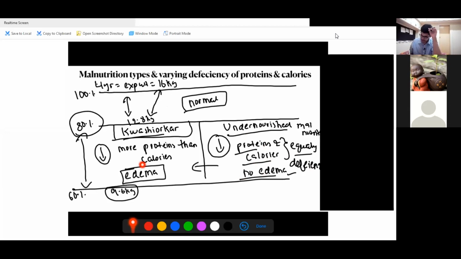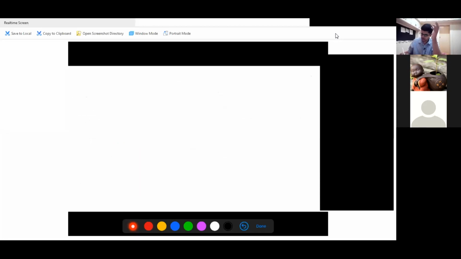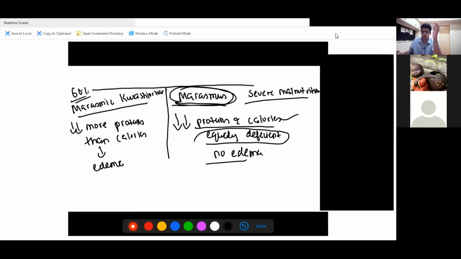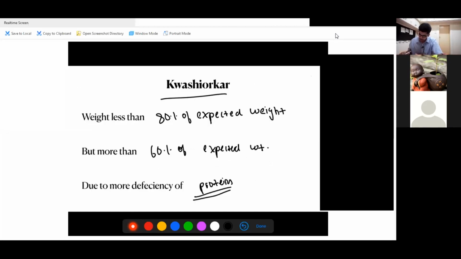Why do we push him here? Because we're giving more calories. And in Kwashiorkor, what is the case? There is more deficiency of proteins, and this patient will get edema, and you're putting him into Kwashiorkor. In the other scenario, you don't stop the patient here. You let him slip to less than 60% with equal deficiency of proteins and calories. Automatically, you have put the patient into marasmus. So this is the journey of the patient: how we can go to which diagnosis, and how we can stop it by not making the simple mistake of not giving a proper balanced diet. This is the importance of giving a balanced diet. I hope you've understood this.